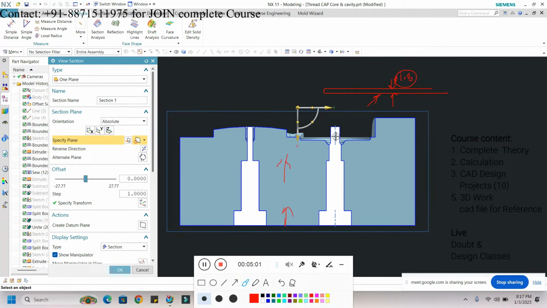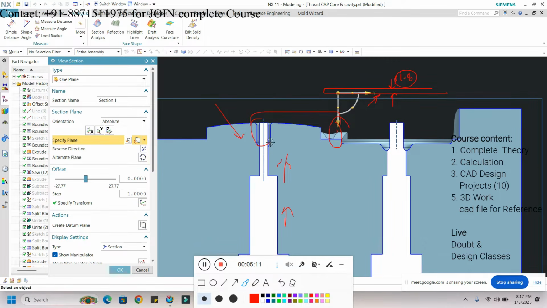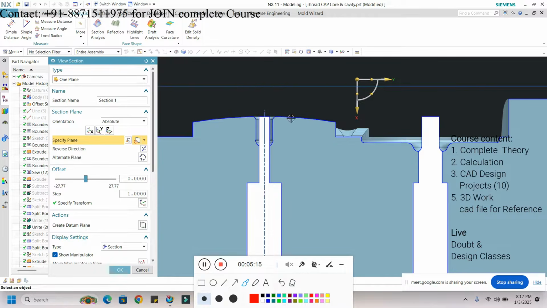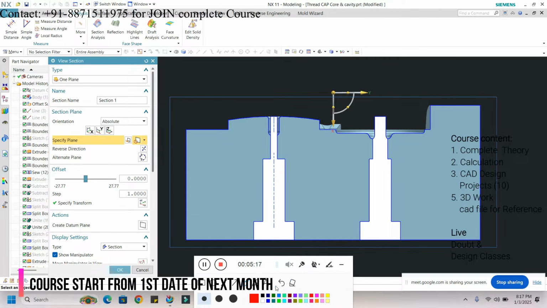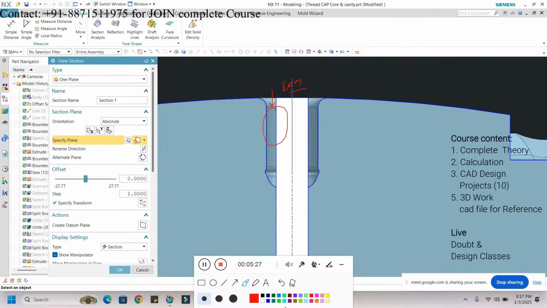And similarly for this, that's why I have created these two local inserts. And basically, if I prepare this feature with this core, can I prepare it? Tell me. Yes, sir, we can prepare, but we have to use EDM machining for that. Yes, EDM machining. But we cannot prepare it by EDM machining.